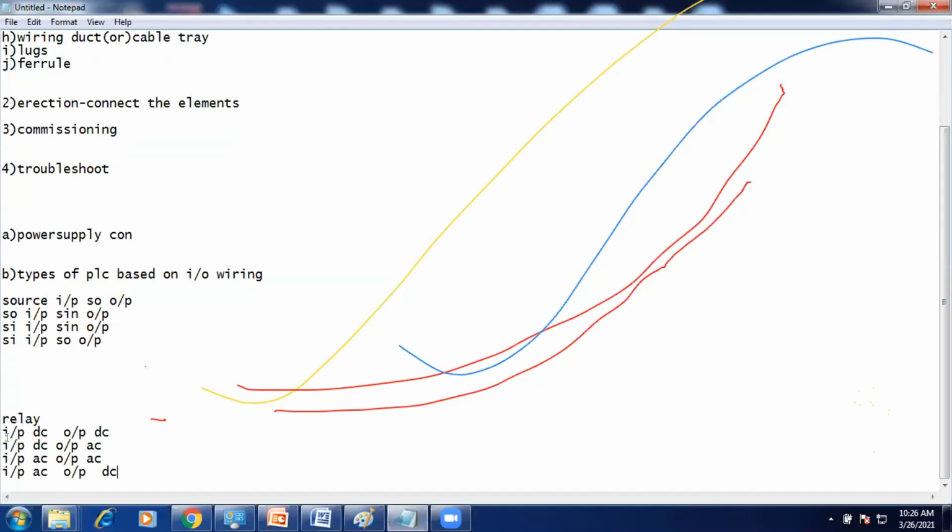Here, the conditions possible are those where from the PLC we are getting DC, so these two conditions are possible. From the PLC we are getting only 24 volt DC. If I need to consider more than 24 volt DC, then we will prefer this relay.